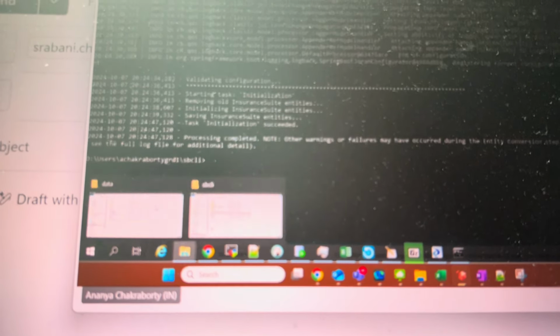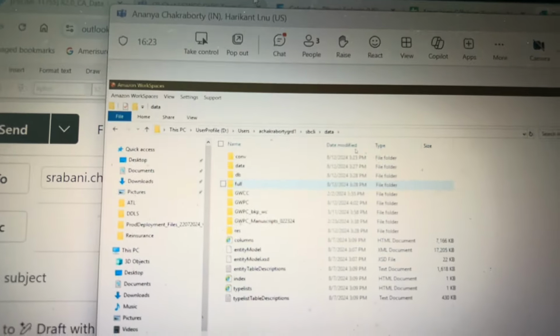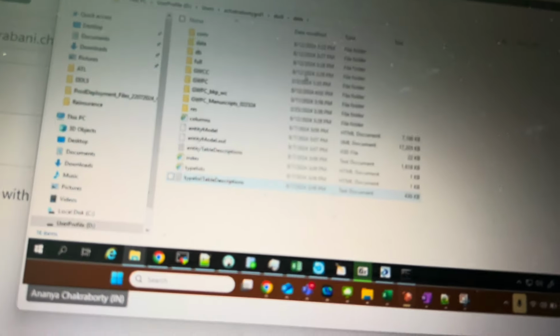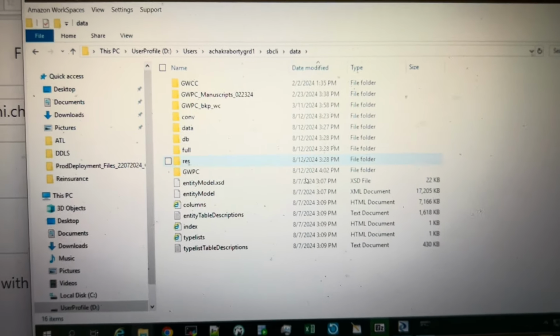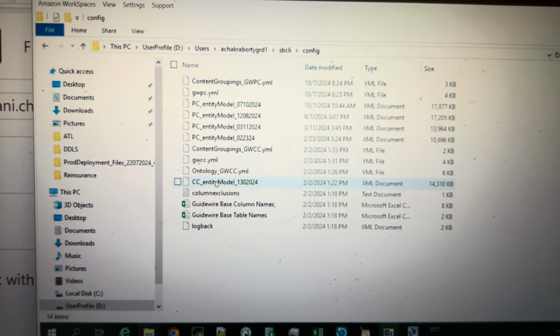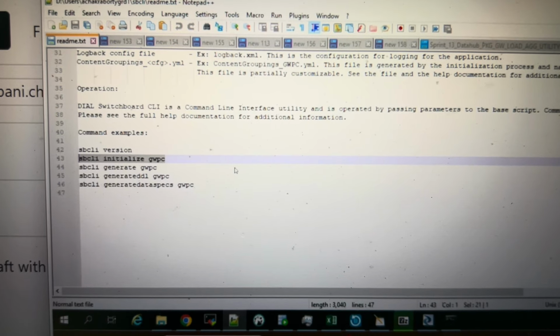Let me check what got generated. Okay, here nothing is generated. Nothing should be generating, one second.